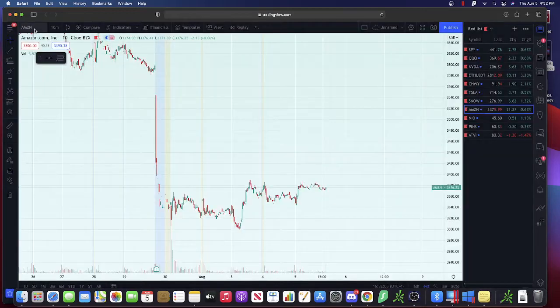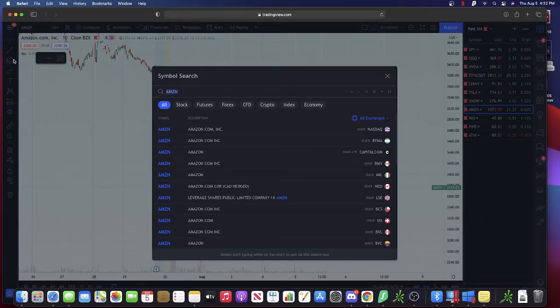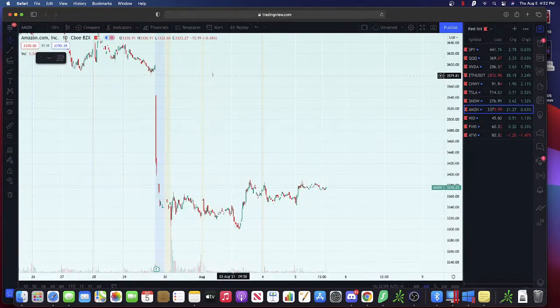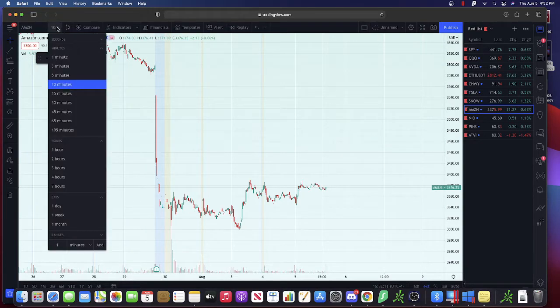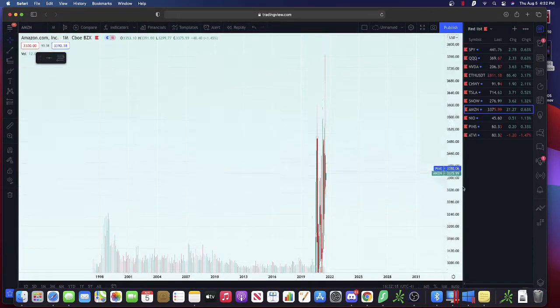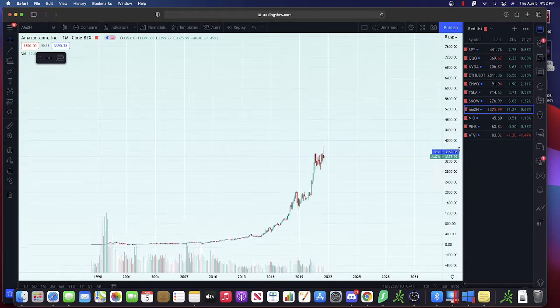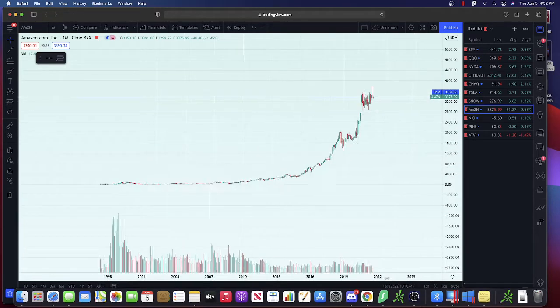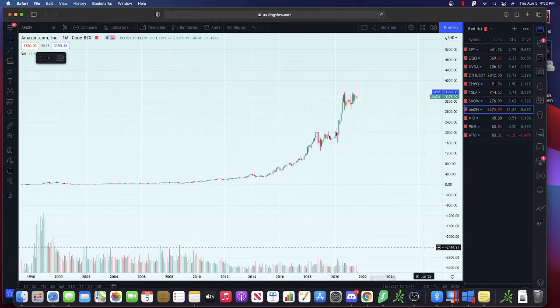One thing you can do is you can search for tickers up here in this box. I already have one pulled up, Amazon, and then you can look at a time frame. To show you first and foremost, I just want to start at high time frames and then work our way down lower here. So the Fibonacci retracement tool is something that uses the golden ratio of numbers, which is known